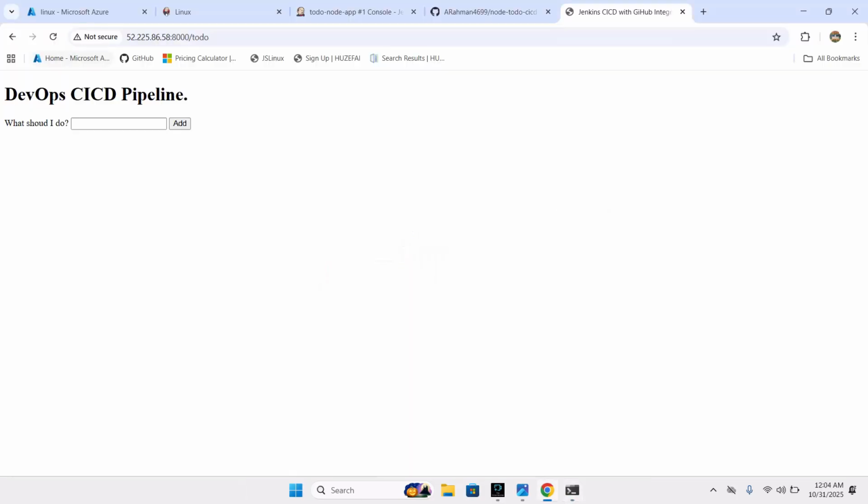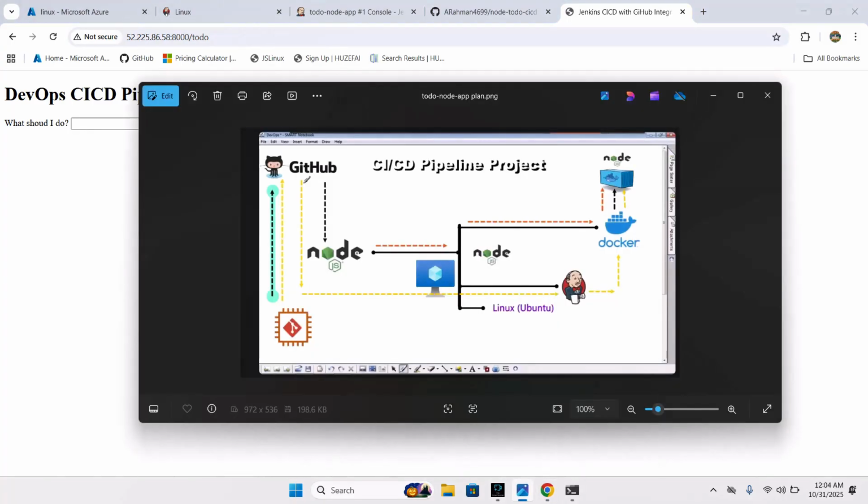Now if we come here and refresh, you can see this one. Now this is running inside the Docker container, the Node.js app. Okay, so next